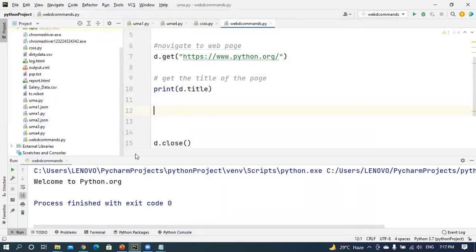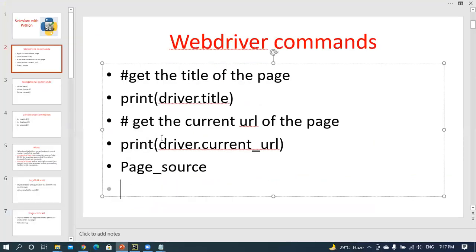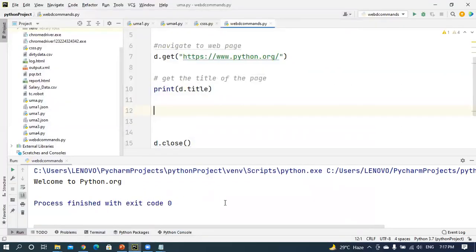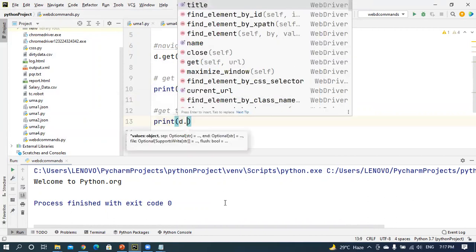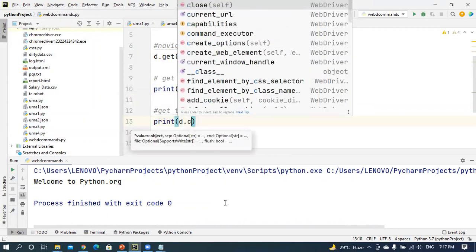After that, what is the second command? Current URL. Print of d dot current_url.